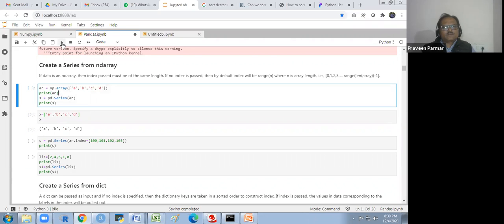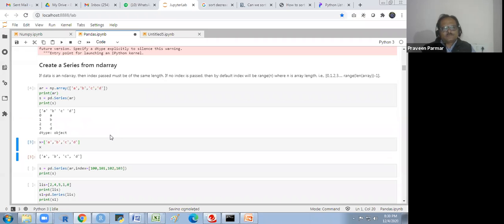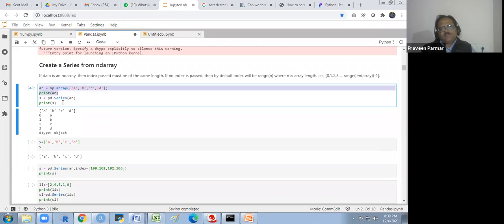I will run this. So it is the array, I have printed this array. Then I am converting this array into a series. When I convert it, you will see I am getting this series A, B, C, D, and the indexing is 0, 1, 2, 3. Got it? It is a series.